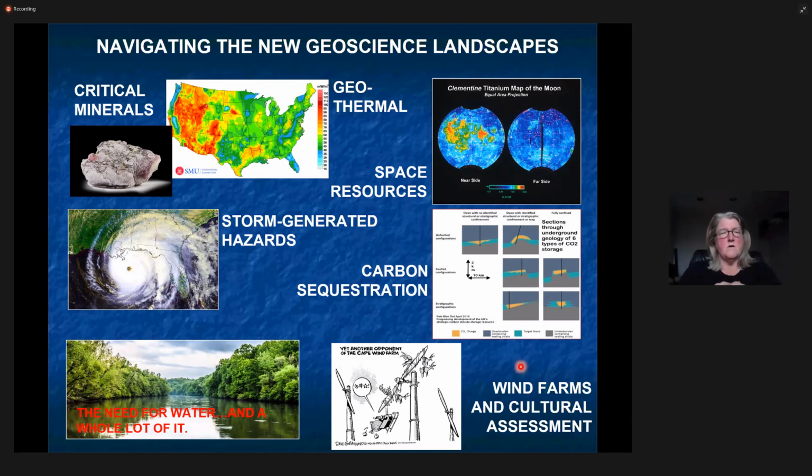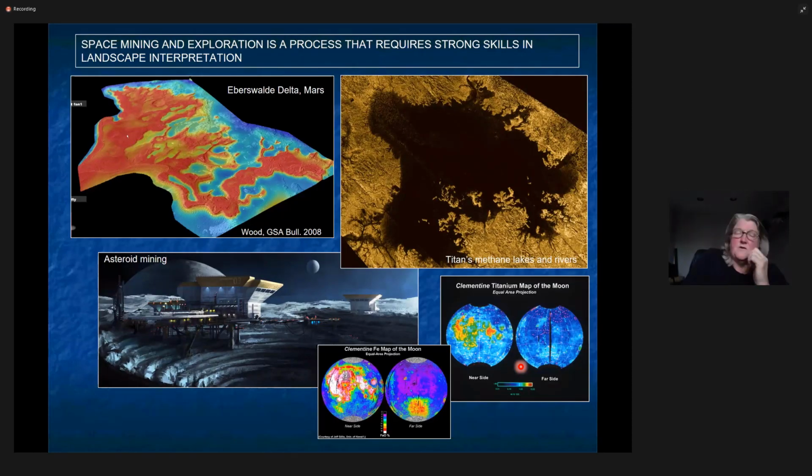We're not going to talk about the water, but I am going to talk about some of these other issues. We need to take geomorphology and utilize it in some of these other areas of geoscience. And this is where geoscience is going. There is a need for conventional exploration and development, but there's a whole world of opportunities out there to apply our understanding of geomorphology and landscapes and seascapes in these new arenas or these new areas, right?